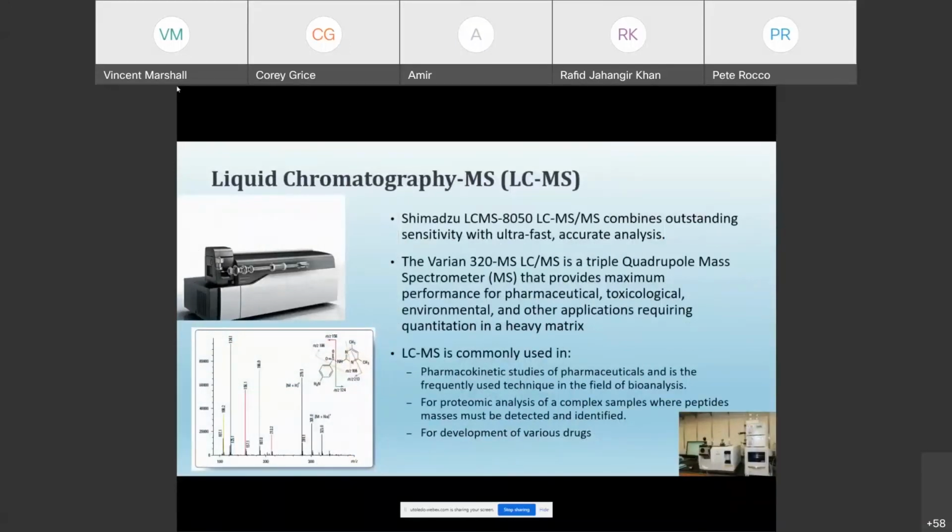So liquid chromatography. Again, this is something that we typically use to separate out and identify different organic components within a mixture. It basically runs the sample through a column. The column separates it out, and then this mass spectrometer in the end, similar to the ICP in terms of